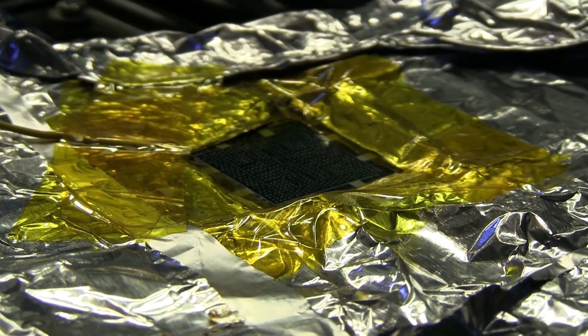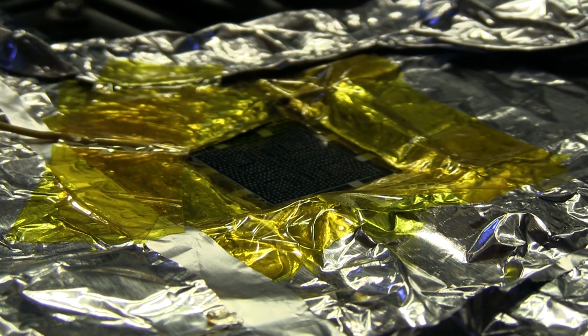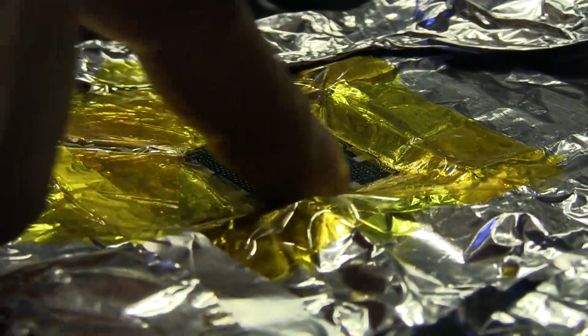Alright, so now that we got the GPU reballed and we got everything cleaned up, we're going to reattach the GPU to the motherboard, and we're going to begin by heating up the board again to 160, and basically we're redoing the same procedure, only backwards. But before we put the GPU back on, we want to put a little bit of flux on the board, on the motherboard, also another thin layer. We don't want to use too much, but we want a decent amount just to cover everything. And then I'm going to spread this around with my finger again. Just want to cover all these pads. We want the solder balls to flow on there,